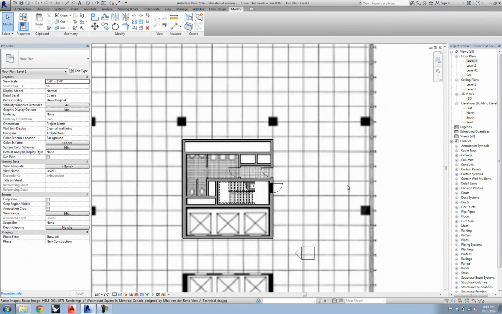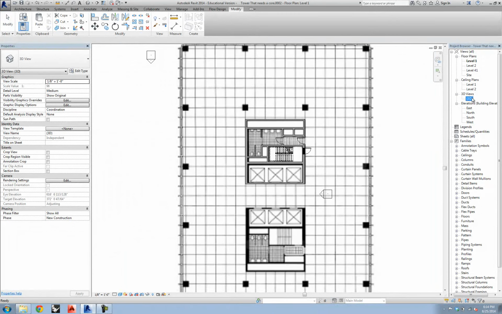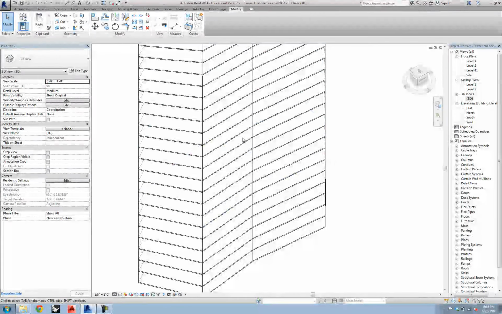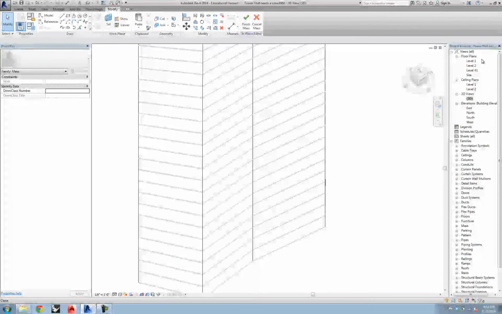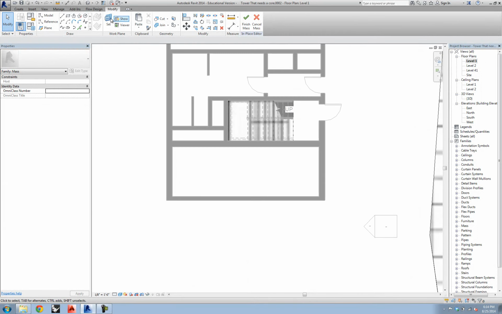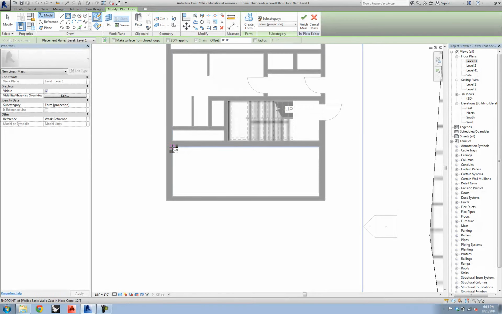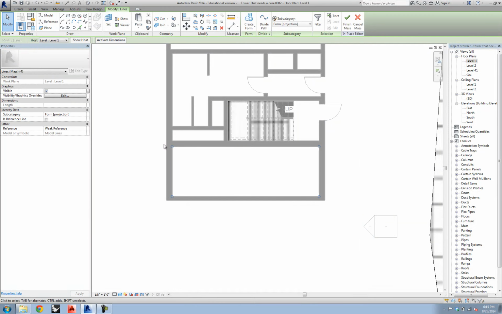So on level 1 again, and I want to go to the 3D view first, so I can select the conceptual mass, hit edit in place. On level 1, I'm going to draw that rectangle that goes to the inside of the elevator core, and I'll select that,